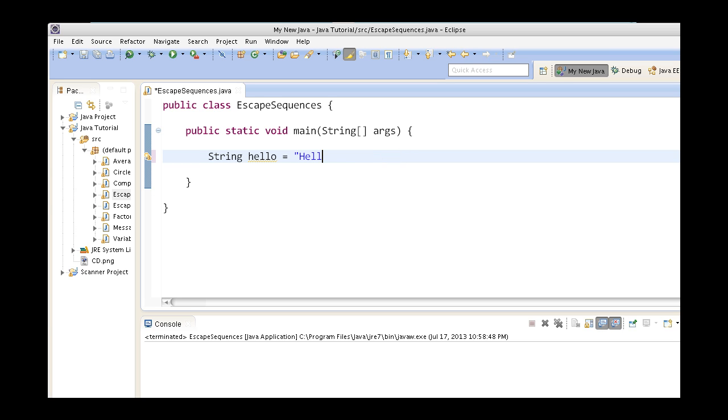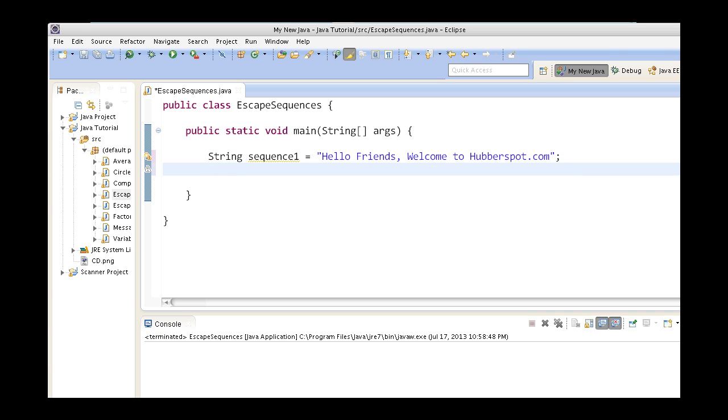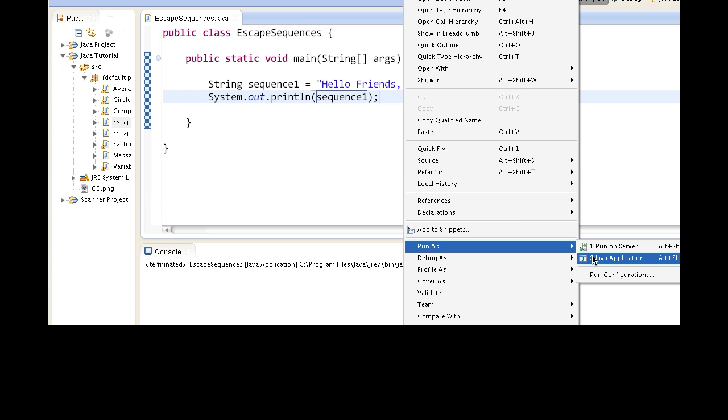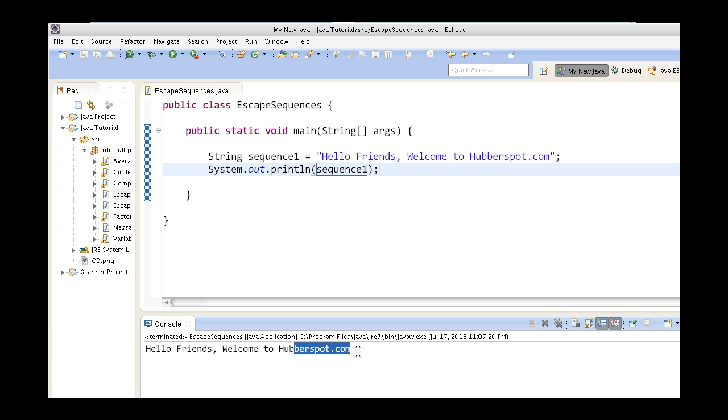So suppose I create a string. Here I have created a string which says hello friends, welcome to hoverspot.com. If I run the program, printing it out on the console, it will print hello friends, welcome to hoverspot.com as it is.